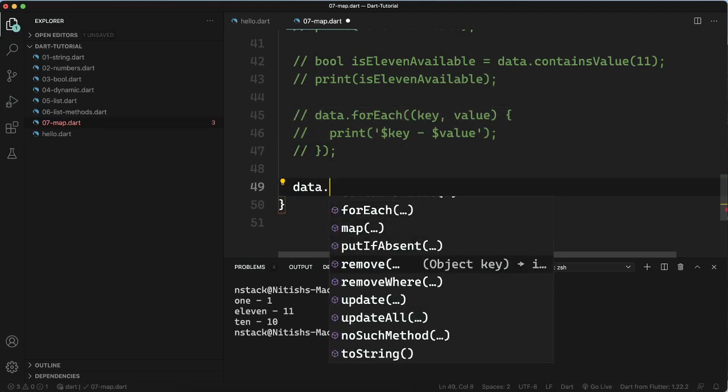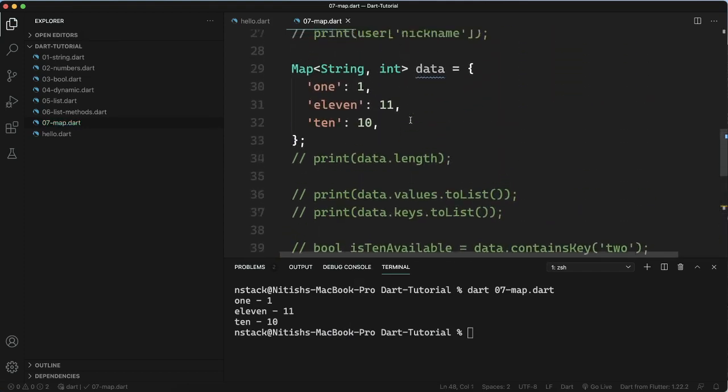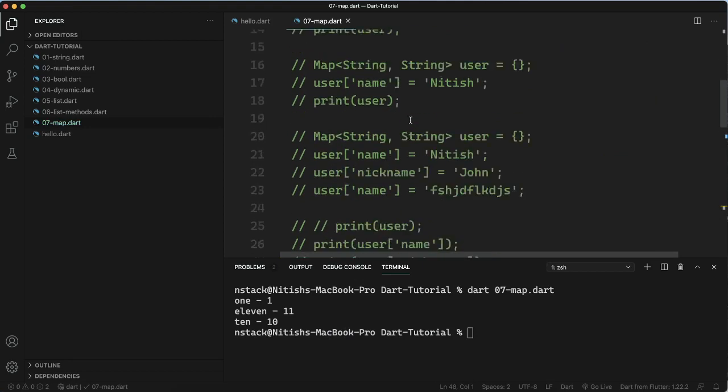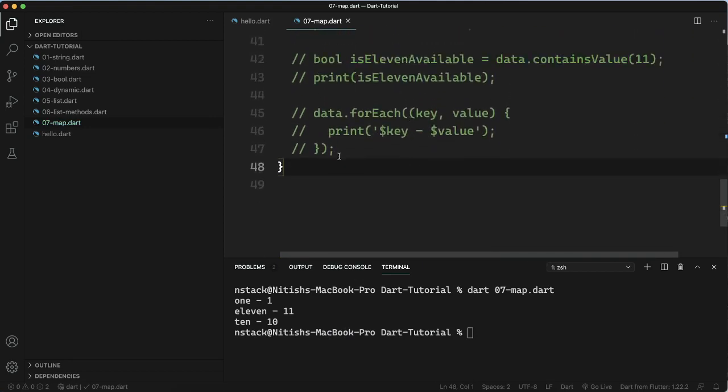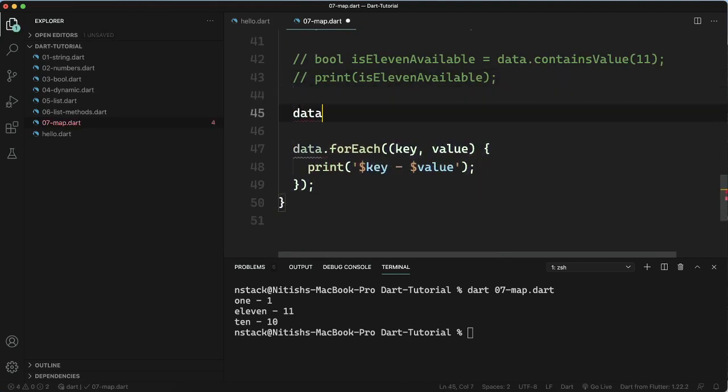Okay, is there anything else? There is putIfAbsent, the name makes little sense, like putIfPresent. If you want to put something only if it is present, let's not talk about this. I think this is too much for this video, and I have talked about most of the important things which I feel anybody should know. And I think there is one thing which I am missing, which I should probably talk about. How can we delete something?